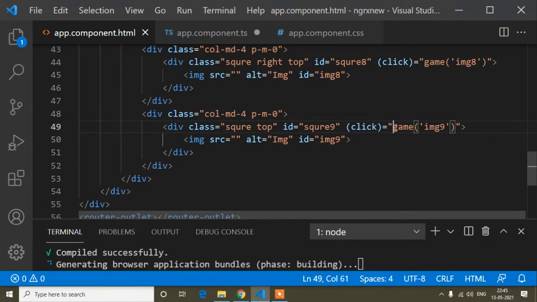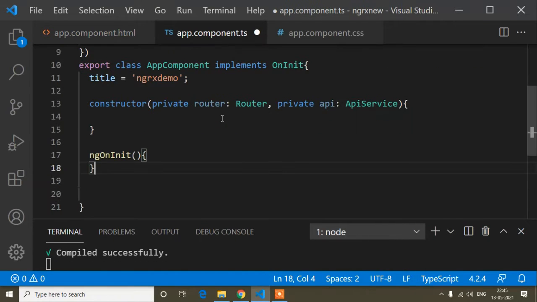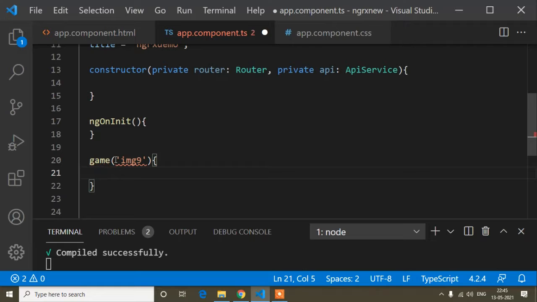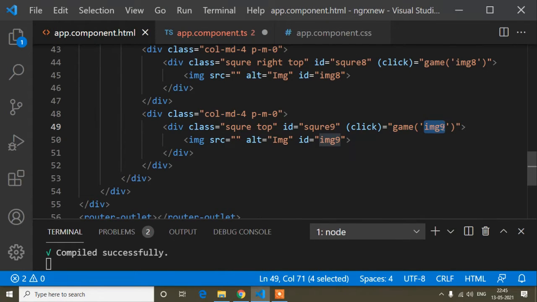Now I will copy this game method, and I have to define it inside the TS file. Below the ngOnInit, you can define it above ngOnInit, but here I will define it below ngOnInit. You can see I have passed a parameter, and the parameter is every ID name of these images.